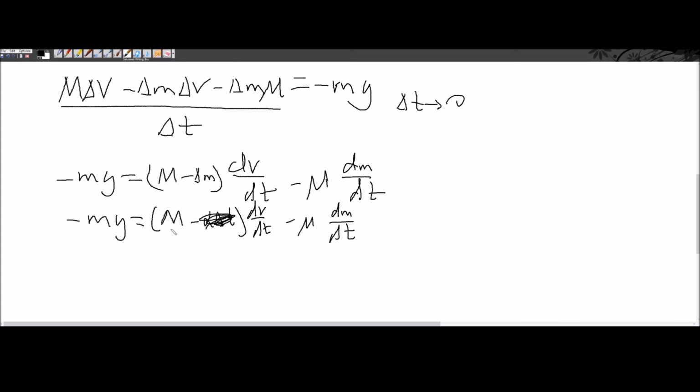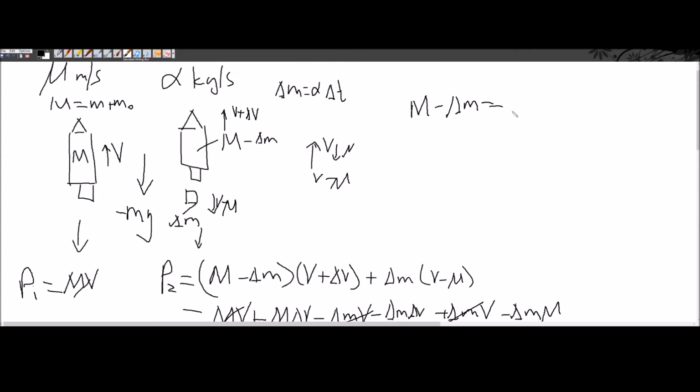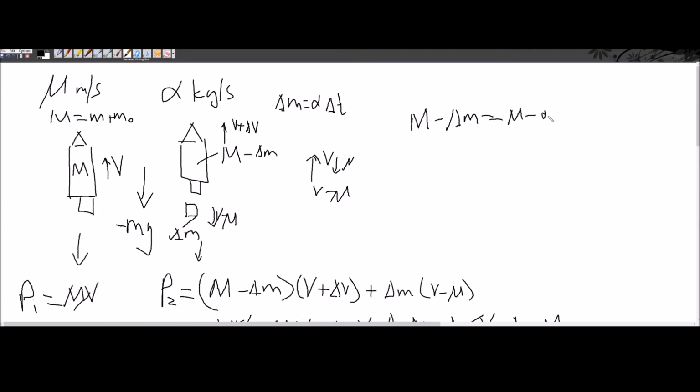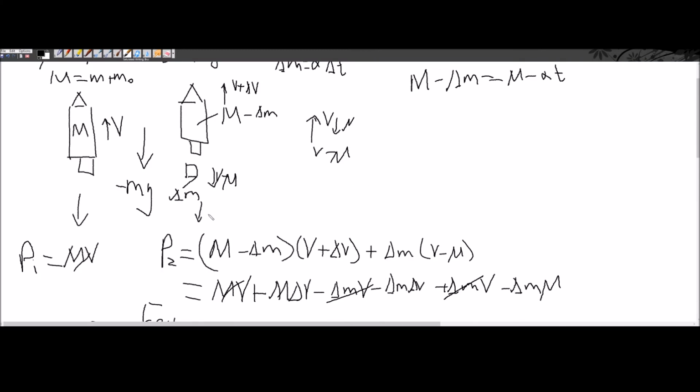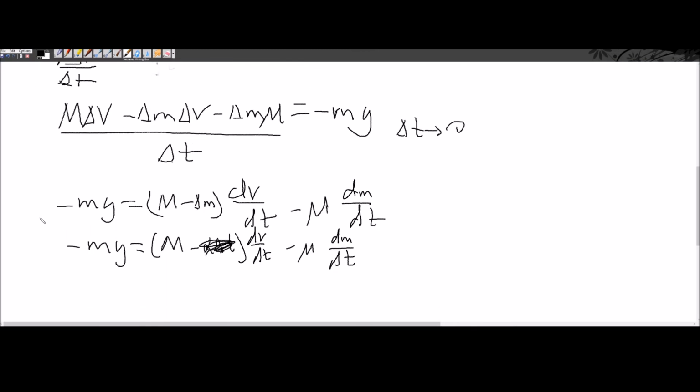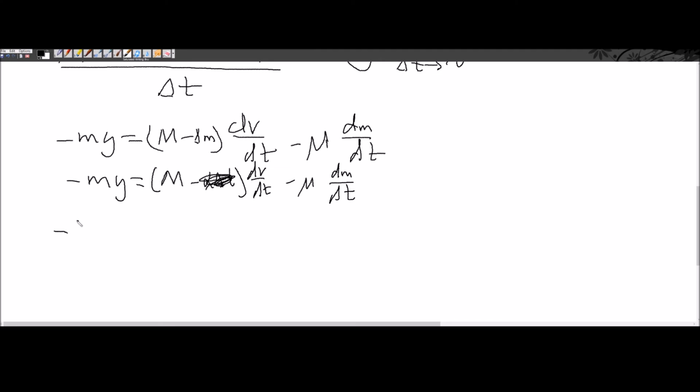This is just going to be m minus alpha t. Alpha delta t, but that's not important for now. So I'm just going to replace that here, so negative m minus alpha t g equals m minus alpha t